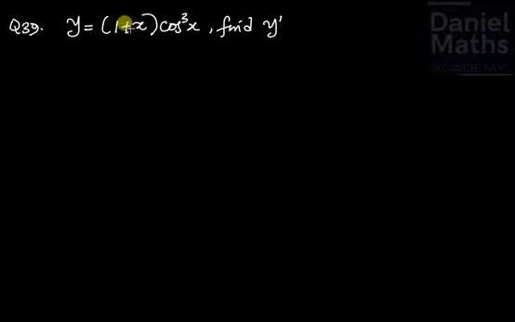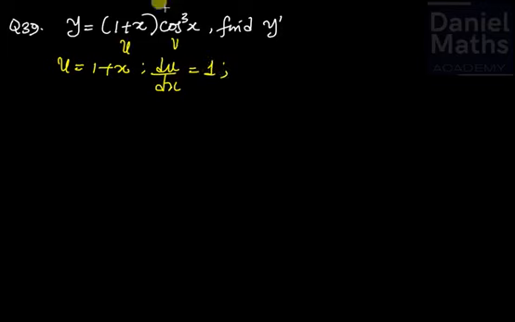So u is equal to 1 plus x, which means that du upon dx is equal to 1, and likewise if v is equal to cos cubed x, then it therefore means that dv upon dx is going to give us